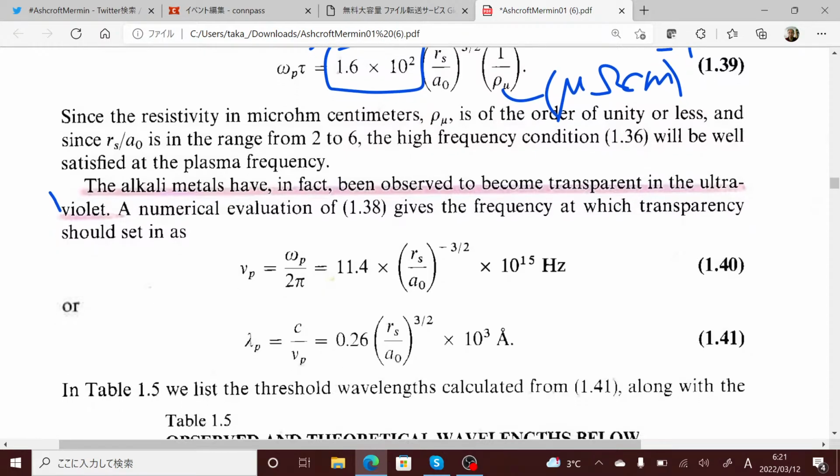A numerical evaluation of 1.38 gives the frequency at which transparency should set in as